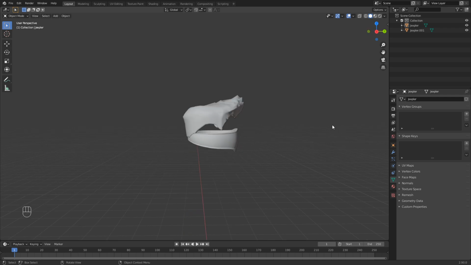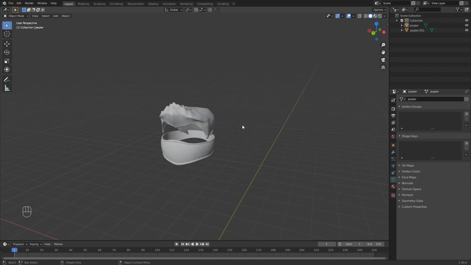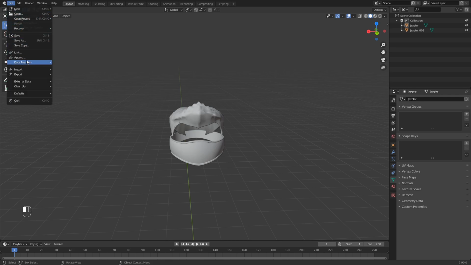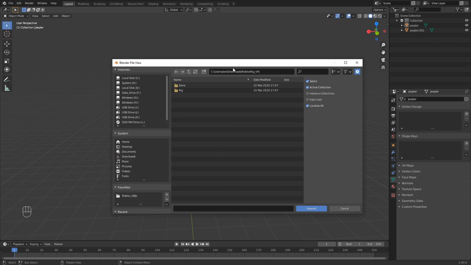So once you have downloaded that, you're going to want to extract it, because I believe it'll download a compressed file. So you just want to right click on the file and hit Extract File, and then once that's done extracting, go back to Blender, hit File, Append, not Import, Append, and then locate it, and it's called Roblox Rig V4. Now there's two folders here. You want to double click on Rig, type B,